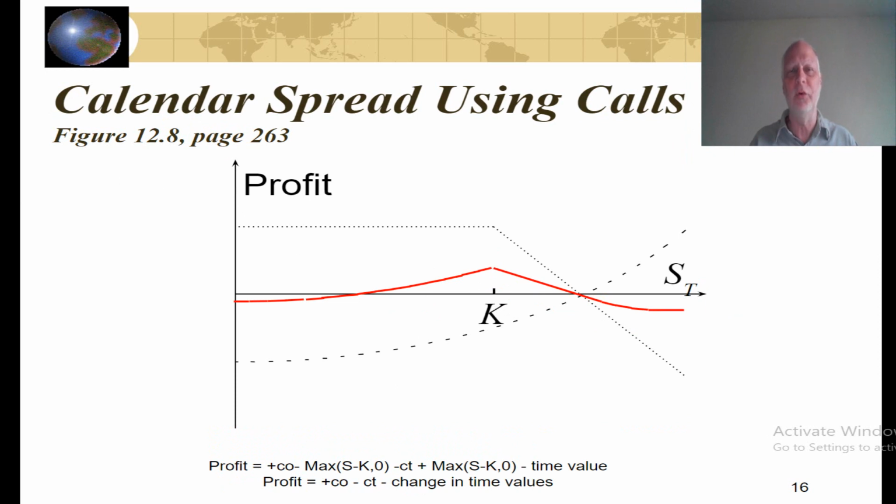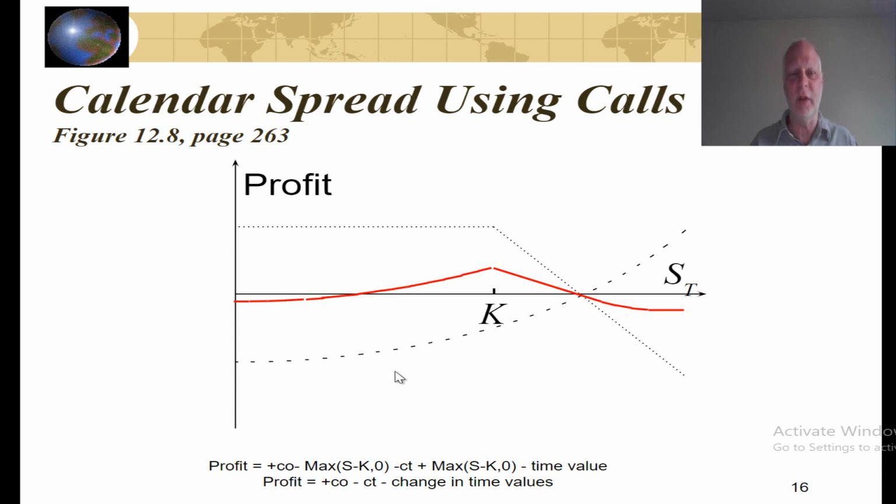Now we are going to look at calendar spreads using both calls and then puts. Calendar spreads, similar to the butterfly spreads, are anti-volatility bets. That means you make money if the underlying stock price stays near the initial strike price here. You lose money if the stock price drops too much or if the stock price goes up too much. These are constructed by using 2 different options. In this example, going short a call that is about to expire and going long a call that has a